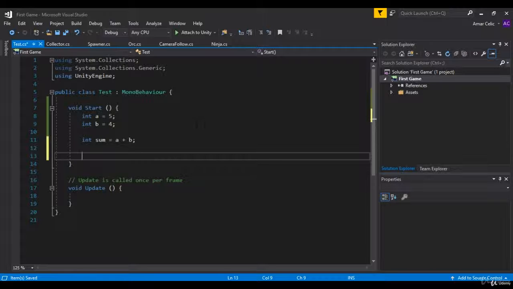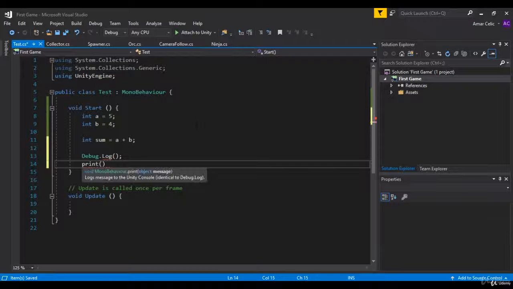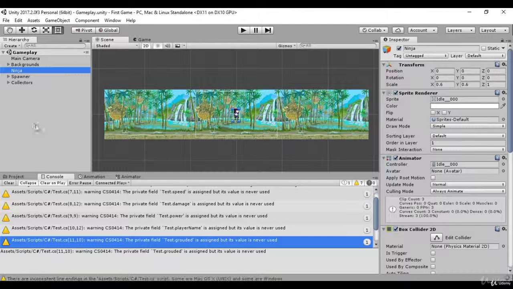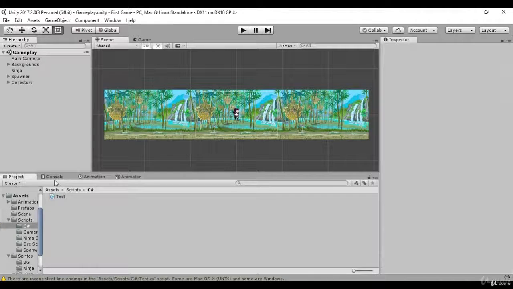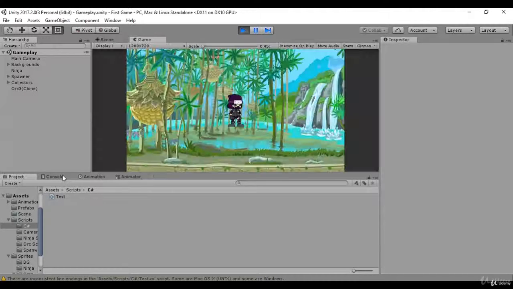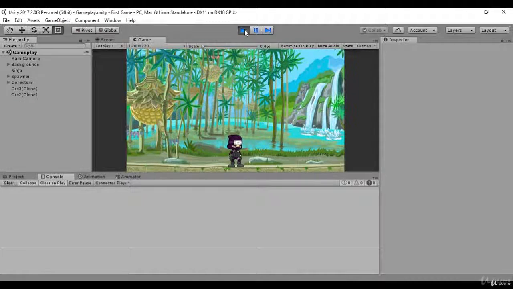Now we have two ways of displaying that in our console: Debug.Log, and we have print, and we can use whichever we like more. For the sake of the video, I'm going to use print, and in our print just type here sum. Now we're going to start our game, and you will see nothing in our console. Why? Because we did not attach our